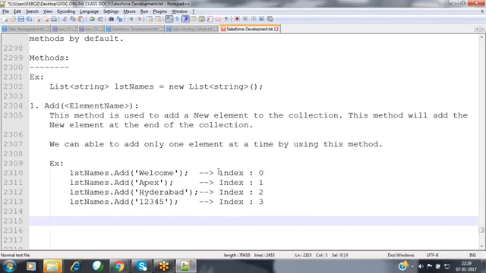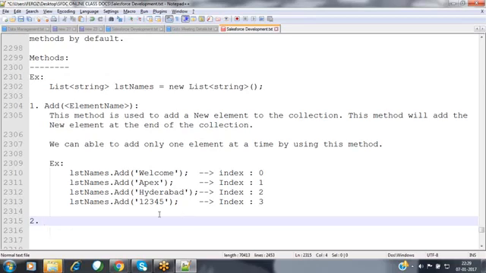Keep on adding the number of elements over here. Now, the second method. Whenever you add the elements, in whatever order you have added them, in the same order the elements will be available inside the collection. That's what we have already discussed. The first point inside that list collection is that list is an ordered collection, where the insertion order will be preserved. Whatever order you added the elements in, in the same order the elements will be displayed to you. These are not stored in a jumbled order.